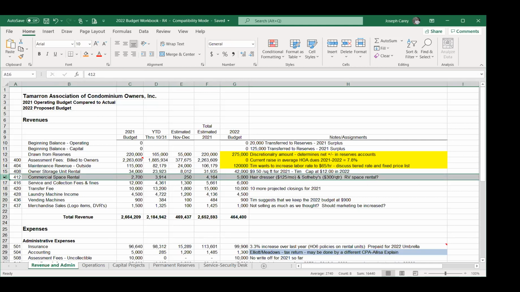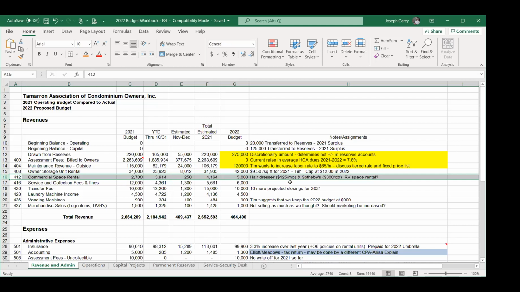Commercial space rental. This is basically the hairdresser. Sotheby's rents space from us for the real estate office. And then now we have those 9 RV rental spaces, RV parking spaces in the 3 outlying complexes. And so any revenue we get from that will be placed here as well. So that, with the addition of the Sotheby's,